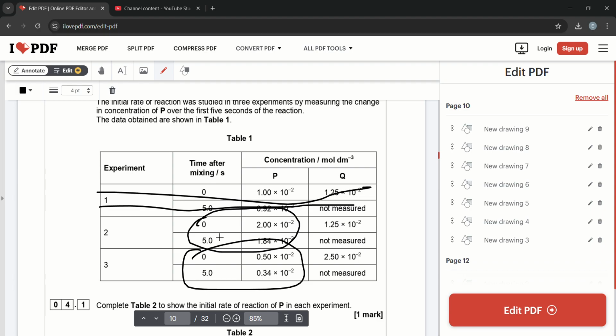So what it is going to be is P is going to be